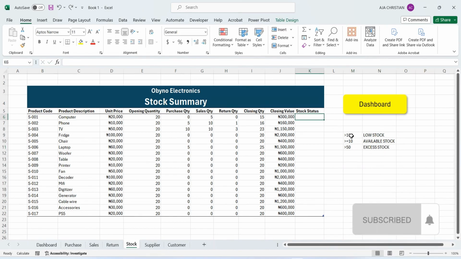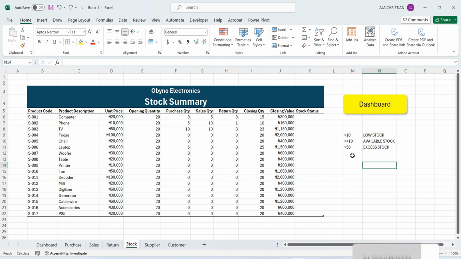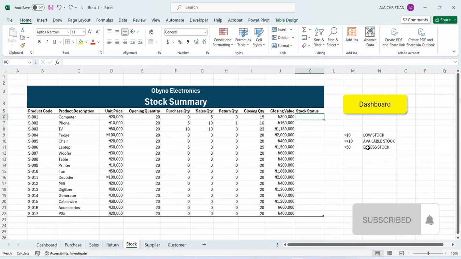So we are assuming that this criteria is what the organization has set to determine when they have a low stock, when they accept that the stock is available, and when they accept that the stock is excessive in quantity. So now to get this